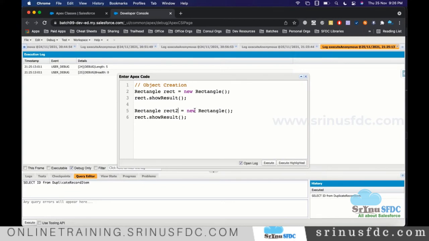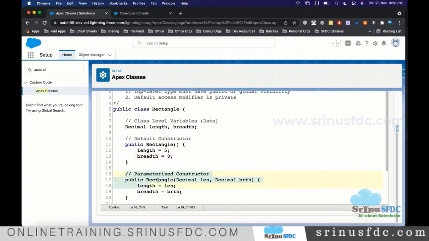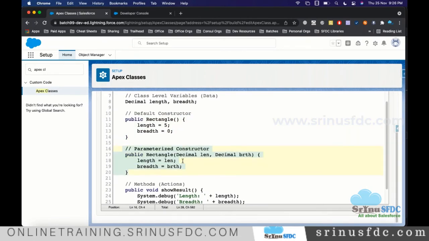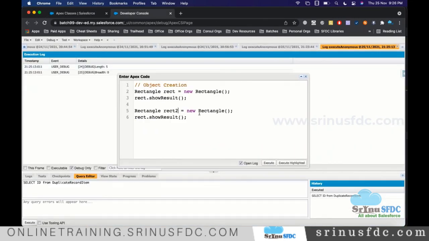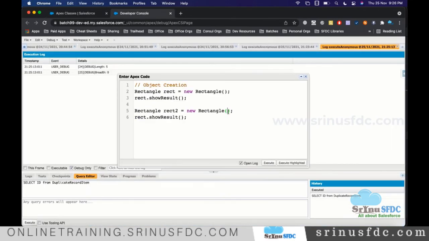Okay, so while creating this object, I want to invoke this constructor. Let's say if you want to go with the same constructor, it's up to you. But I want to call this constructor. If you want to call this constructor, how do we call? So this is a constructor. The constructor is defined with 2 parameters. We need to supply the arguments to each parameter, right? Let's say I'm supplying 10 and I'm supplying 20, right?